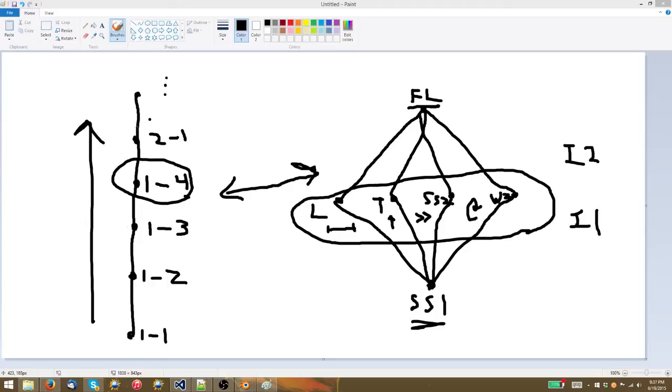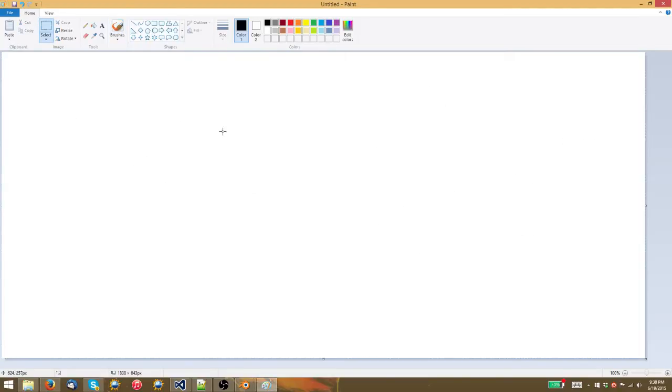So the approach I'm looking to use for Quaternion, if everybody's okay with me just erasing this diagram at the moment, is something of a